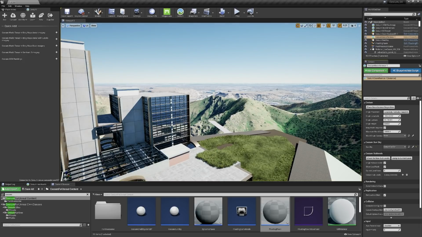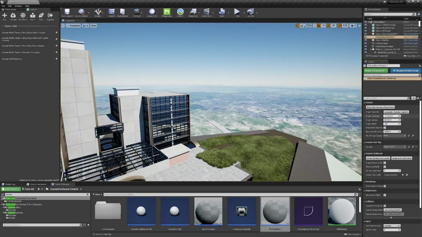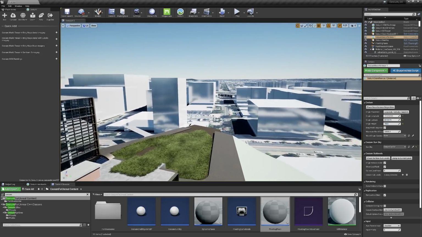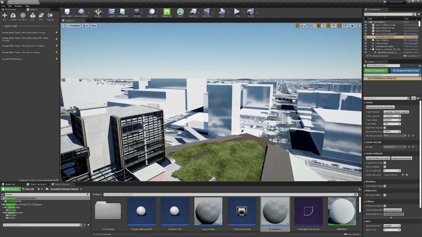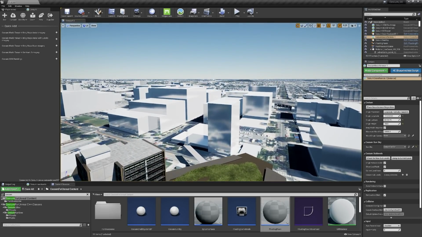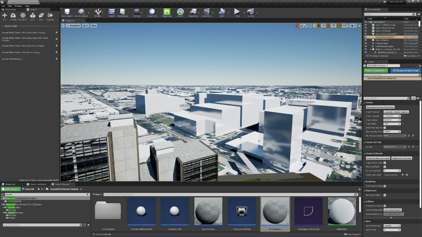Now here in the GeoReference, I'm going to put in the latitude for where my project is. So I'm going to type the longitude and latitude into the Details panel on the right-hand side. And now you can also see the OSM buildings that came in. So these are going to be similar to your Twinmotion massing that comes in, but with Cesium, we can replace these to include any data that we have of the context.